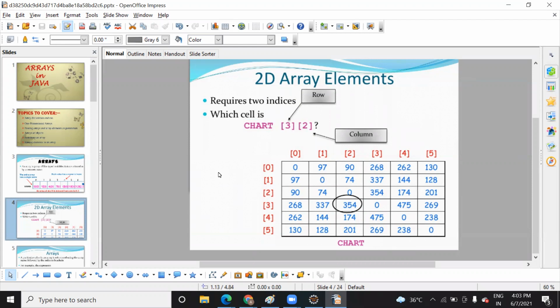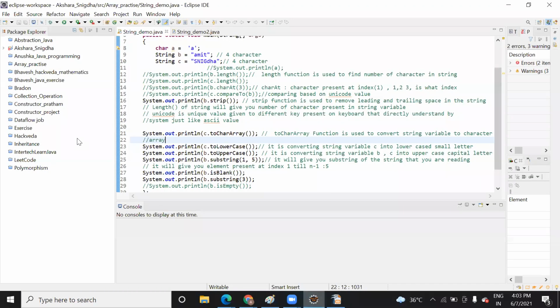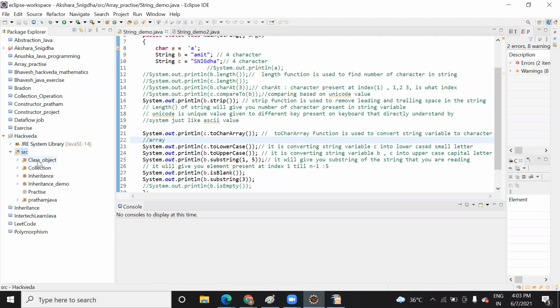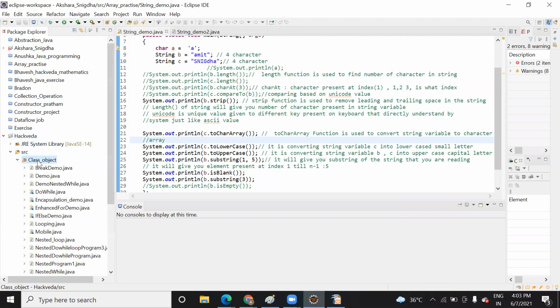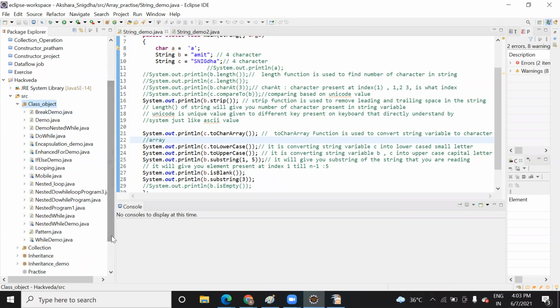So today I am going to start with arrays, but before that, let me show you some class and object programs.